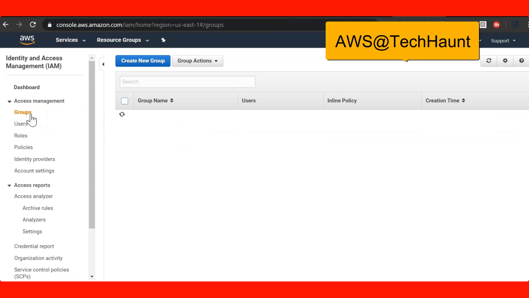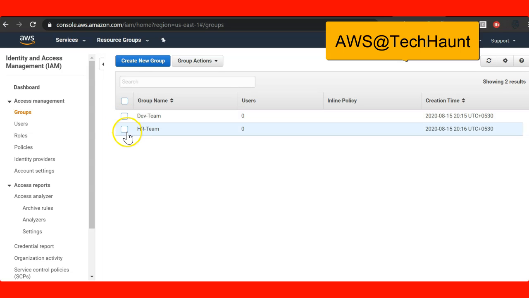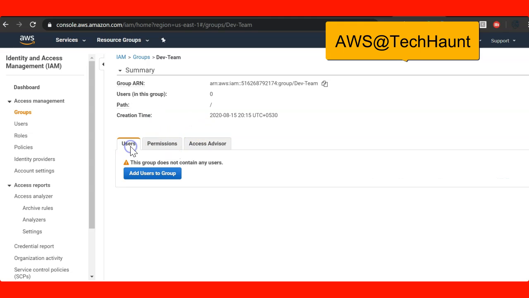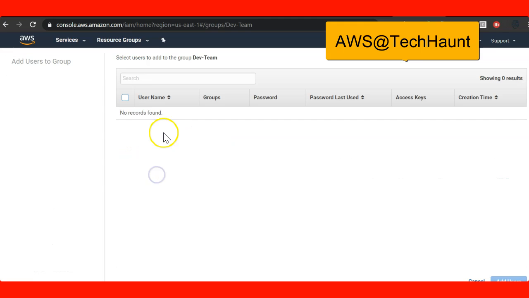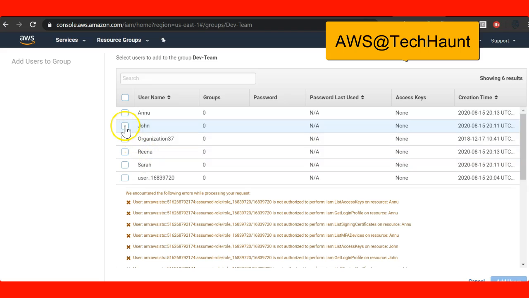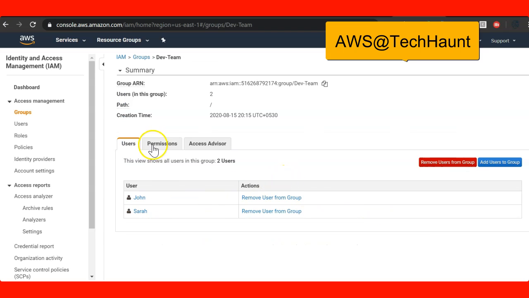Okay, let me go to the users. Let's see if we can edit them from here. So let's click on this and go to users, and the user does not have any account yet, and just John and Sarah, I am adding these two users into these groups.